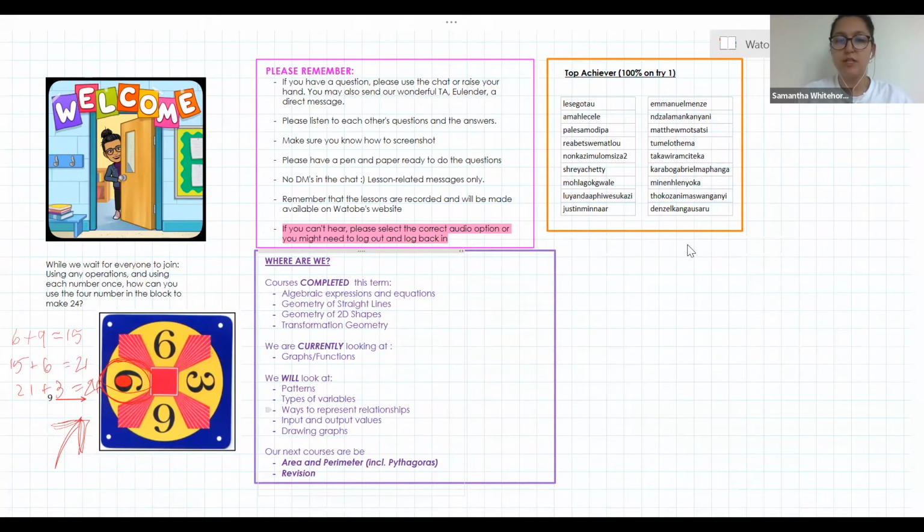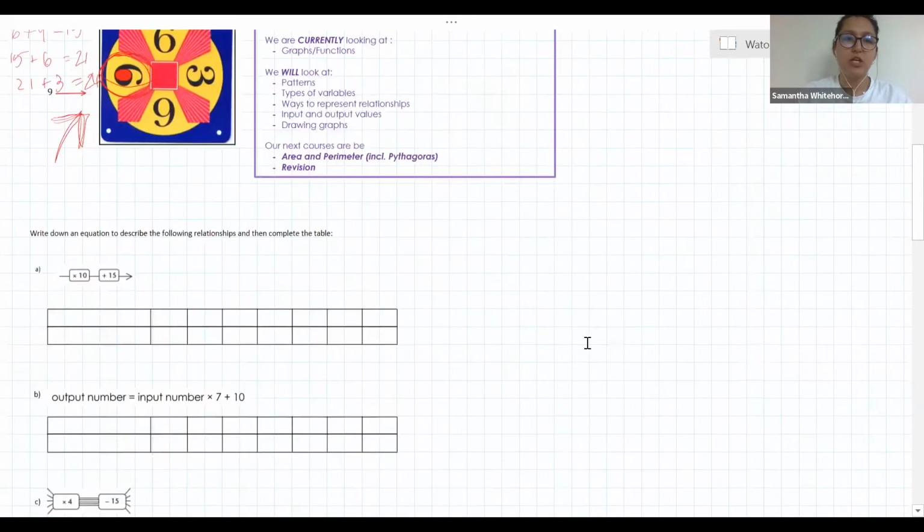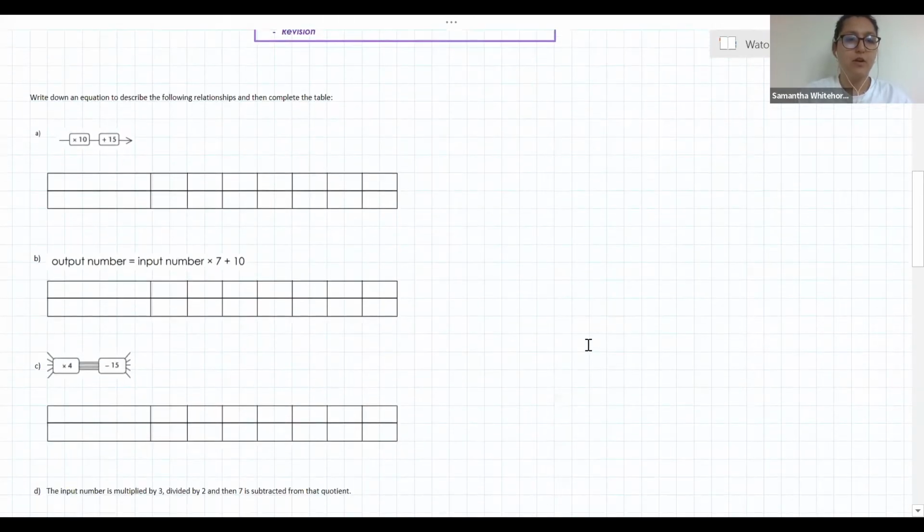Know how to screenshot as we go along, just so that you don't miss anything. But let's get straight into it. Right, so